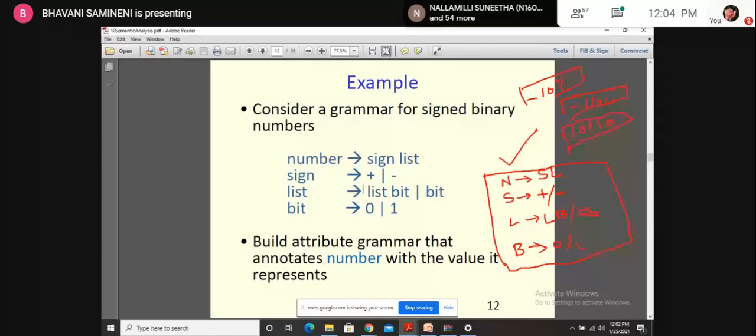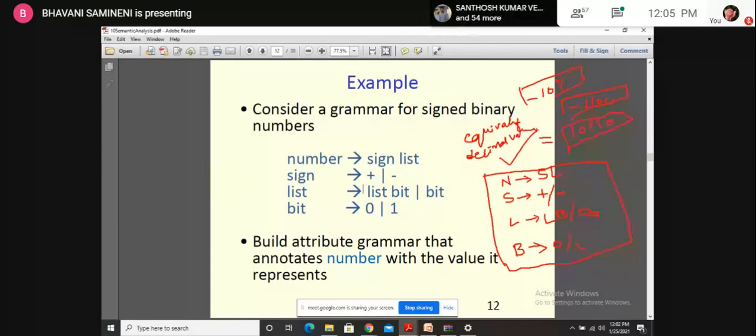So now the question is, I'm having this binary number. Now you have to write the semantic rules in such a way that you get the equivalent decimal value. So that is the question now.